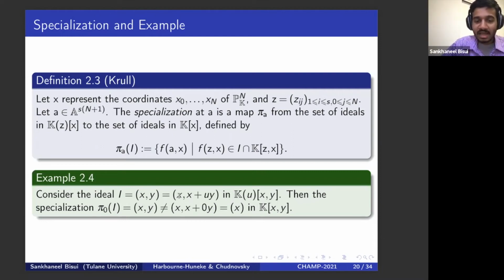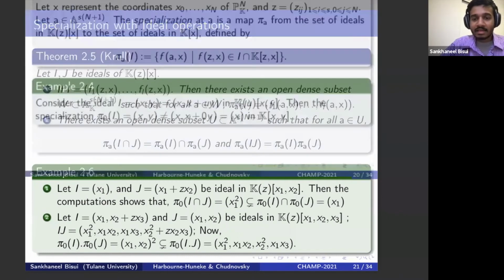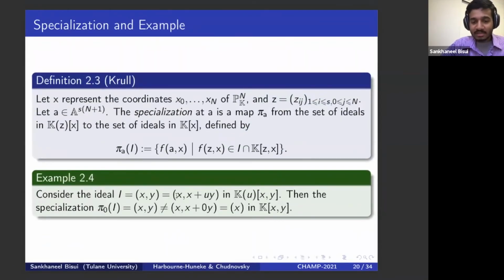But if we specialize at these generators x, x+uy, we will not get the exact ideal that we want to get. So what I said is a theorem by Krull, and it says that if we have a set of generators F1 up to Fl, then there exists an open set for which the specialization of the ideal is the specialization of each generator. Now, in the previous example, as we have seen, that open set is going to be proper